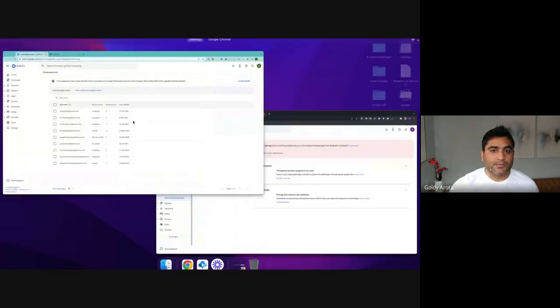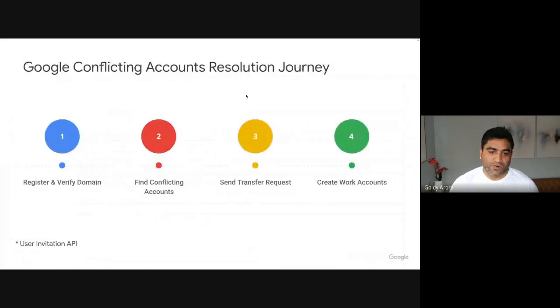Okay, just a second. And then once you find the conflicting accounts, you can send the transfer request. You can either leverage the Google Admin Console to send the transfer request and track the status. But in case you're a large organization and you have some procedures in place, you may also leverage the user invitation API for this. And finally, based on the user's decision, whether the user accepts your invite or rejects